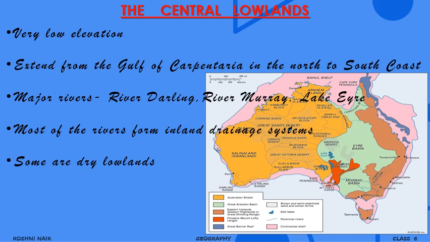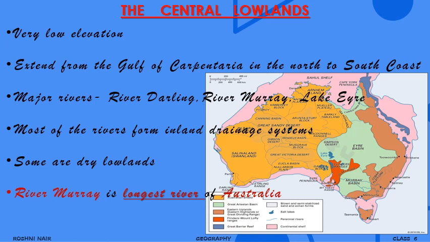And a few areas in the central lowlands are dry lowlands, right? Another most important point from this part is that River Murray is the longest river of Australia. Remember that? Now, since I had explained the central lowland, as I mentioned, artesian well,